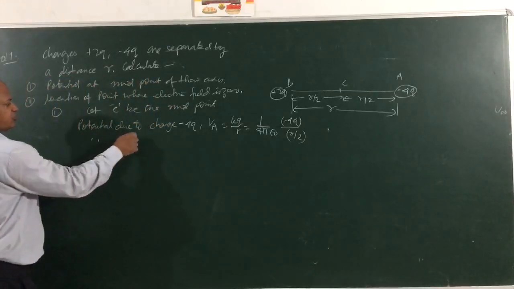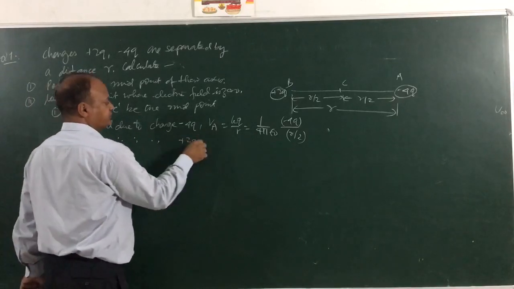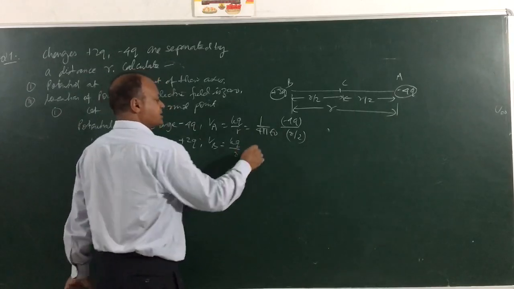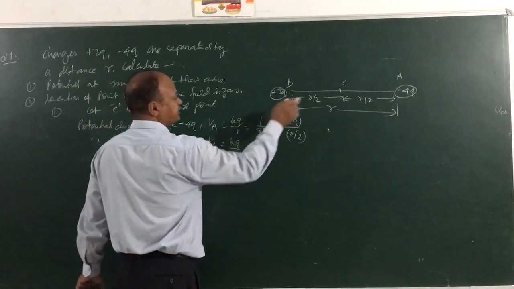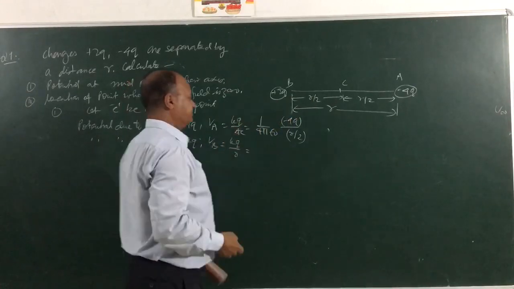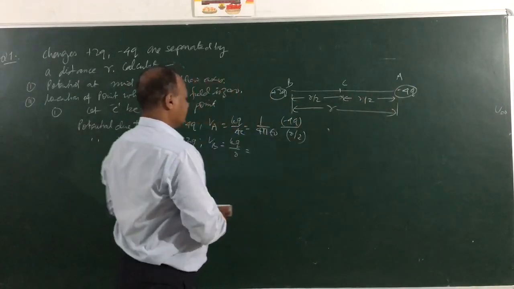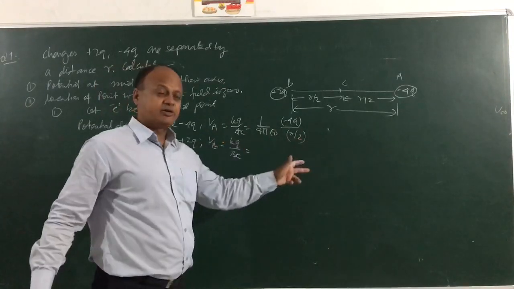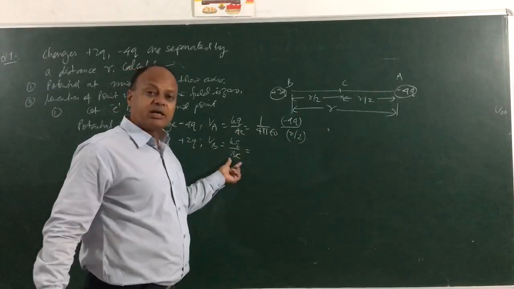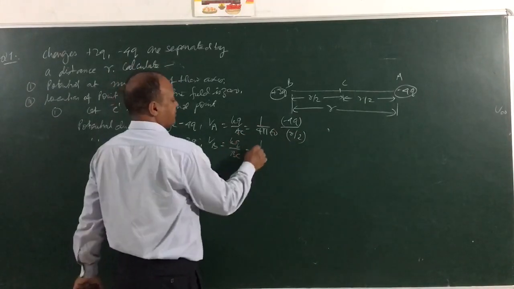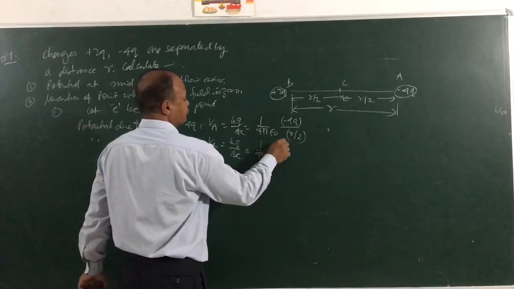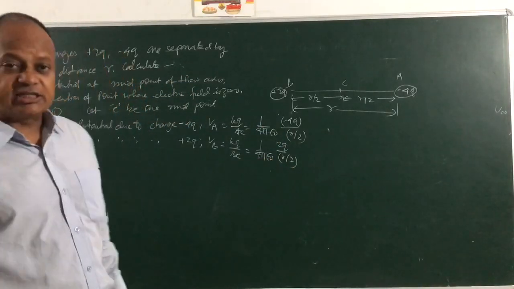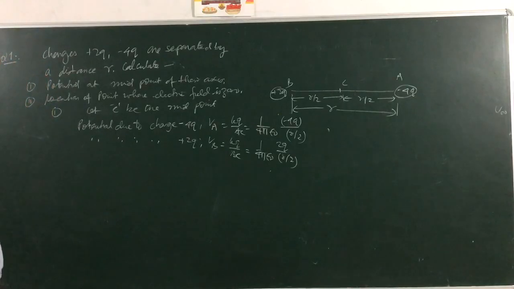Similarly, the potential due to charge plus 2q, that is VB, will be KQ by R again. Here you have to write AC, the distance, and this distance will be written as BC. Otherwise there is confusion between this R and this R by 2. AC is R by 2 and BC is also R by 2. So this K is 1 by 4 pi epsilon 0, children. Q is 2q divided by R by 2. We got the potentials. You can see the potential due to the charge at A is negative and the potential due to the charge at B is positive.